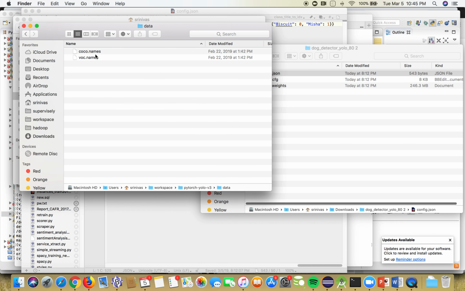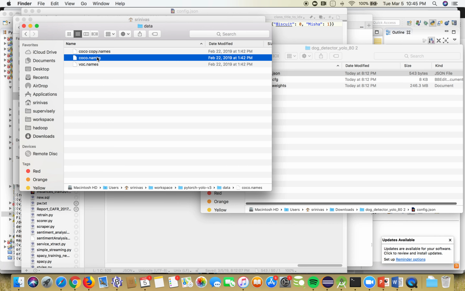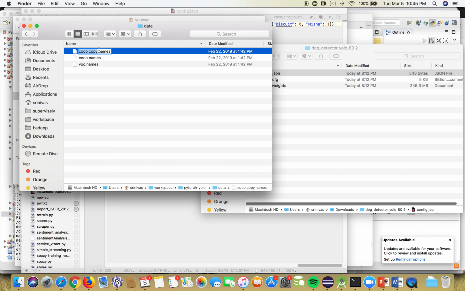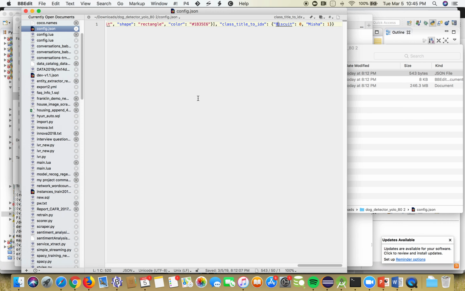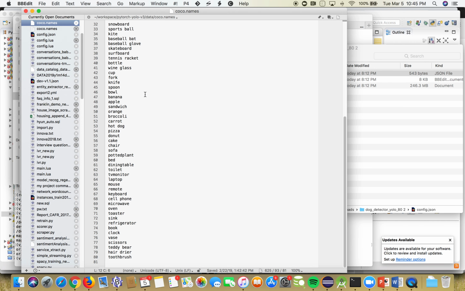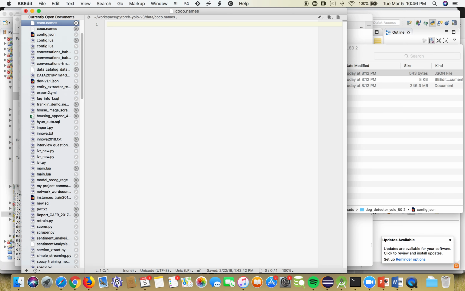the data folder. In the data folder, you can make a copy of it, following my convention of coco.names underscore O. The original one includes the default 80 classes that were trained, I guess based on ImageNet weights. So we're going to remove all this, and we're going to include the ones that